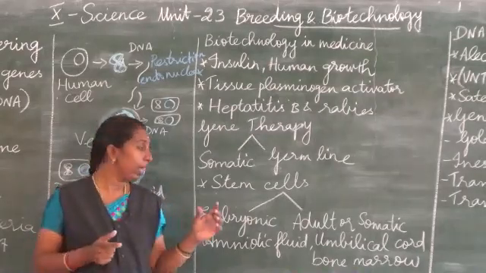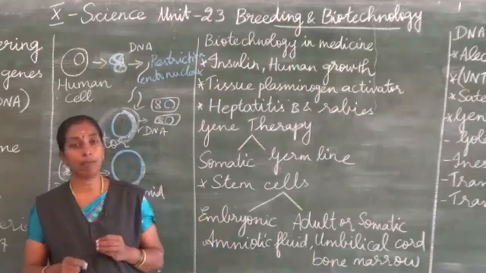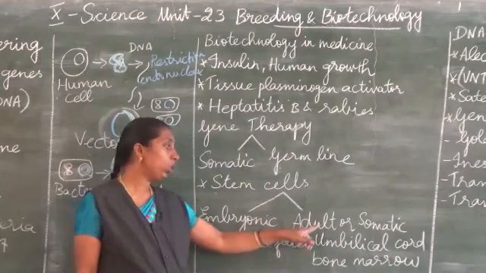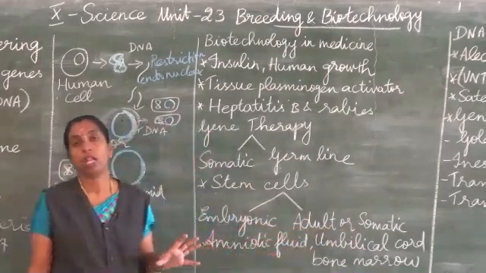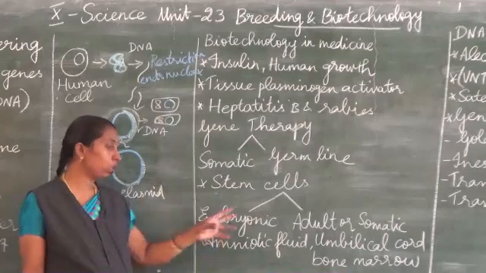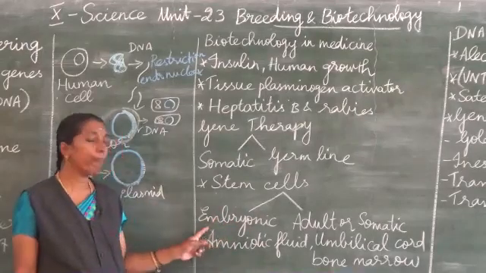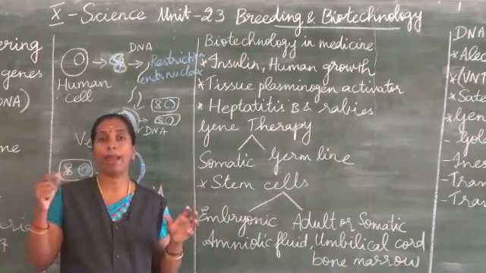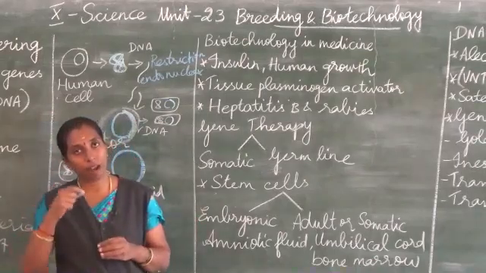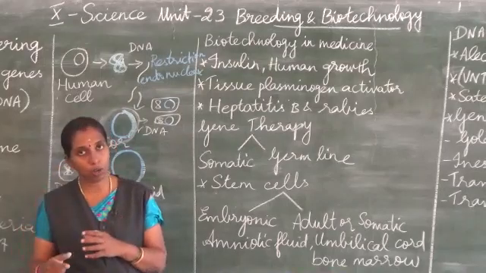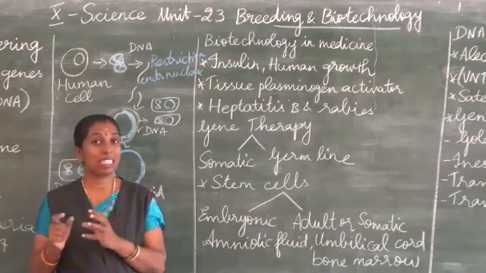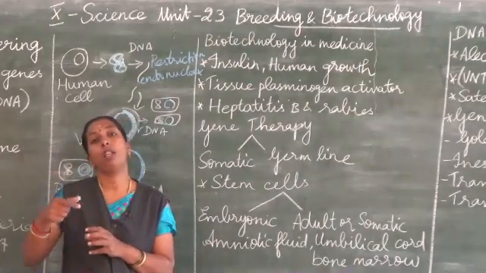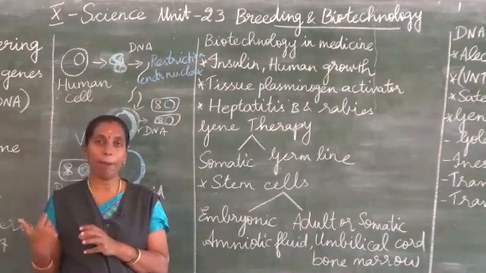Now stem cells are of two types, embryonic stem cells and second, adult or somatic stem cells. So what is the source? These are the two types of source. The first one, embryonic stem cells: when the male and female gamete fuse after fertilization, the zygote is produced, that is the fertilized egg is called zygote. Only from the zygote all living organisms start developing.